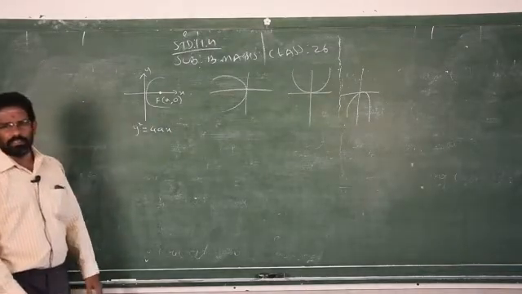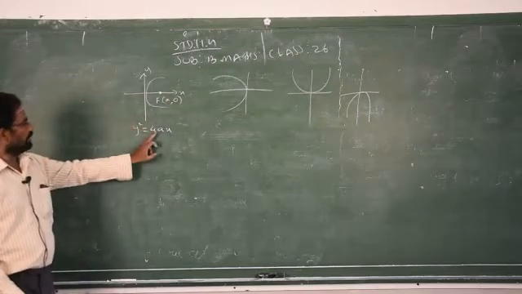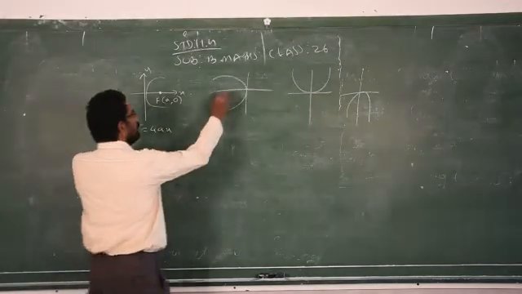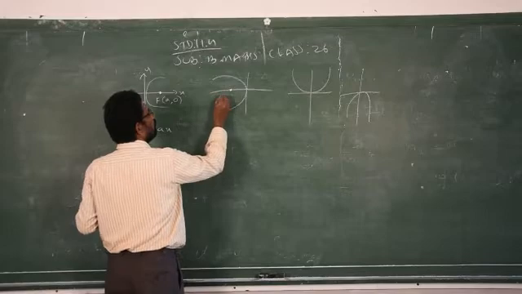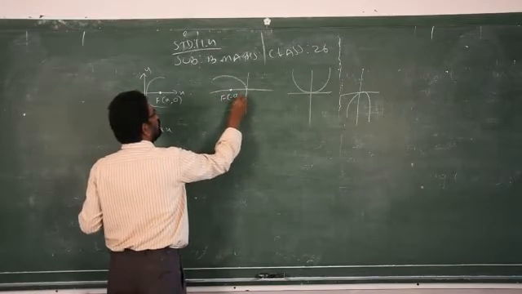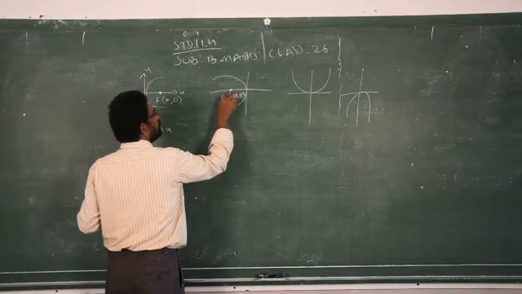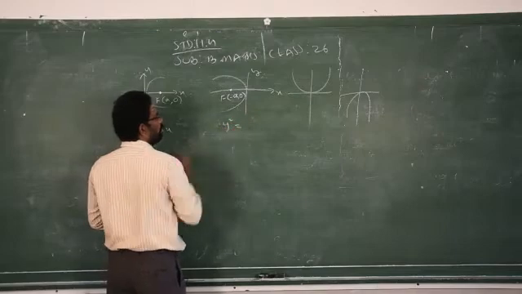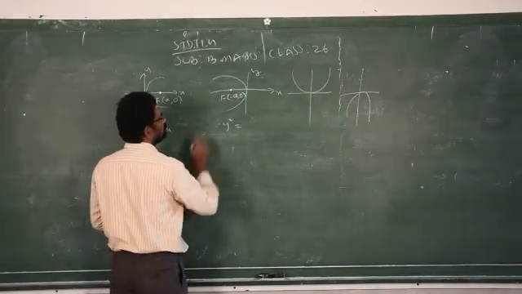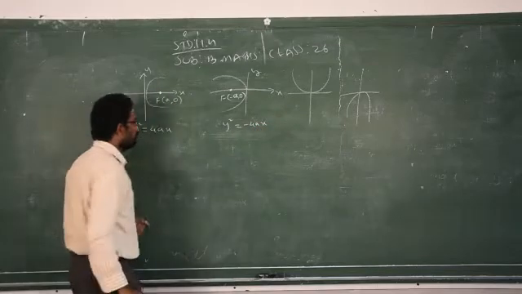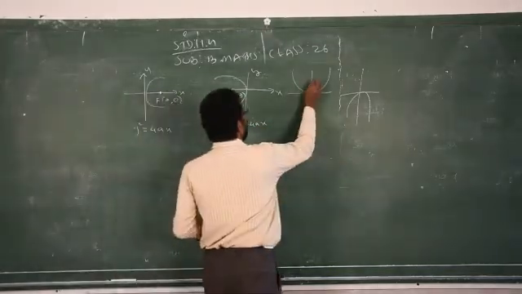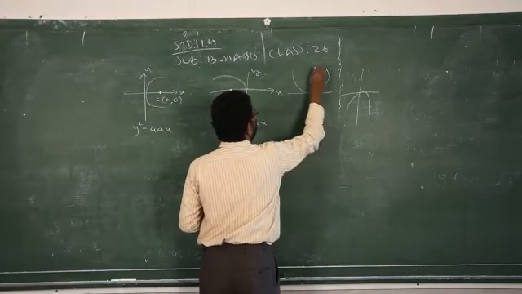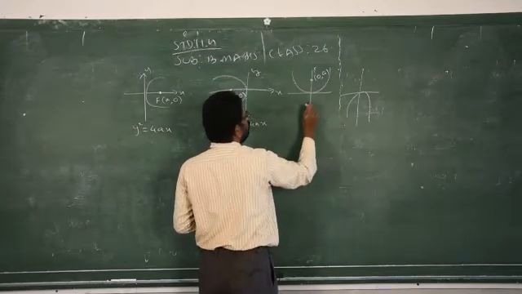You have to memorize it like that. Focus on the x-axis, you have to write 4ax, positive side, so plus symbol. Which axis is left? y, so y square. Similarly, if you take the focus on the negative side of the x-axis, that is minus a comma 0, because it is a point on the x-axis, y is always 0. Clear? As usual, focus on the x-axis, therefore y square is equal to, it is the negative side, so minus 4ax. I will tell you what is meant by 4a. Again, a point on the y-axis, so x is 0, y will be a. This is the focus.